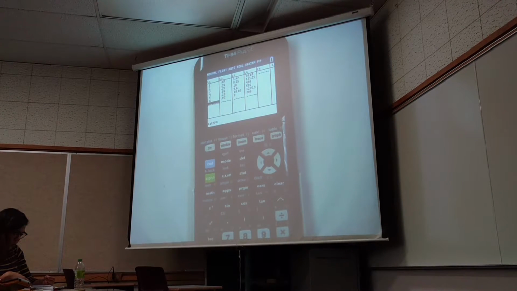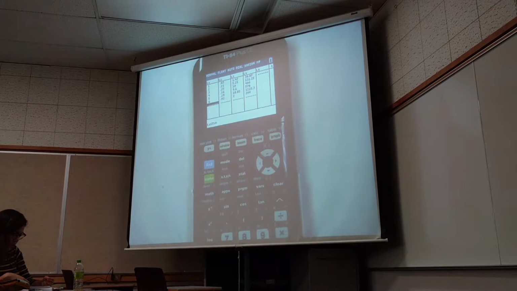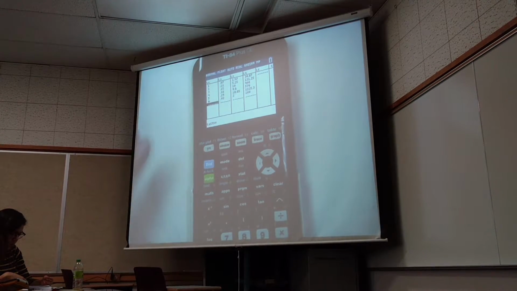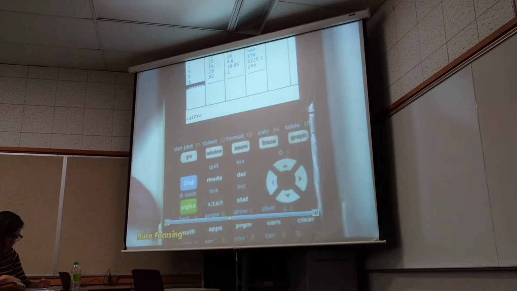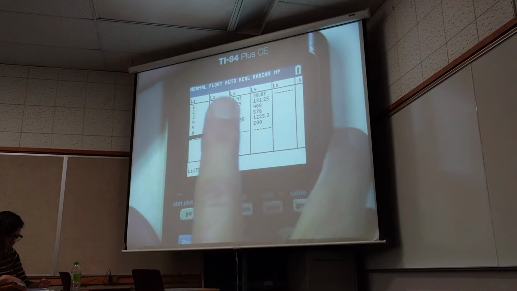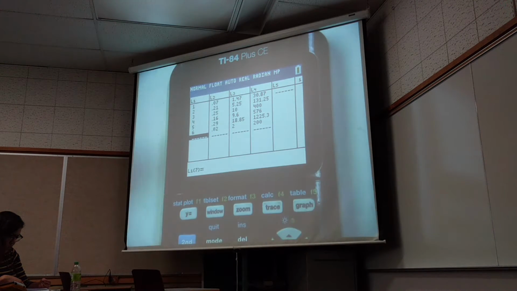Since I have the calculator up here, remember the x, p of x stuff? That looks like an x, p of x problem. Do you see that? There's my x's, there's my p of x's. Is that cool? So I definitely need to see your handwork. You fill the table in, you show me the formulas. As long as I have this up here, let me show you the shortcut.